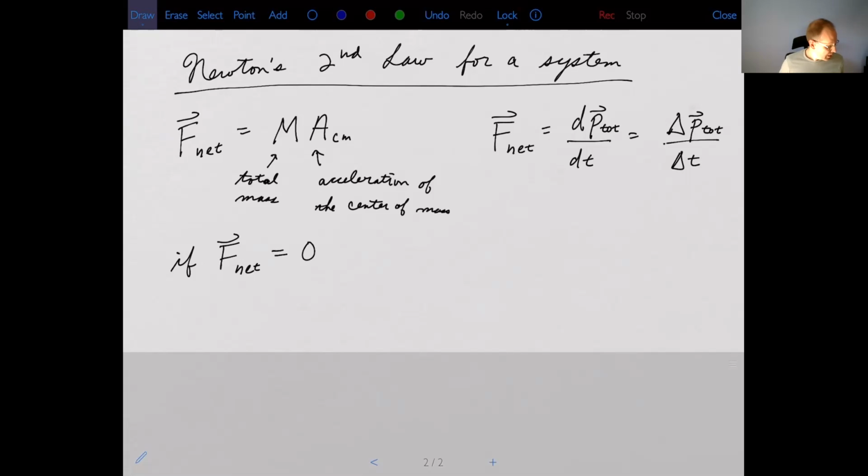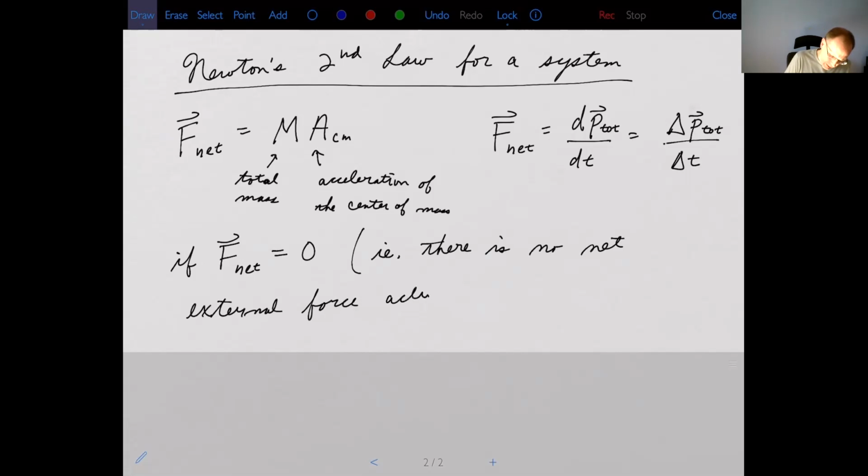So if there are no external forces acting on the system, or if they sum to 0, so if there's no net external force acting on the system, i.e. there is no net external force